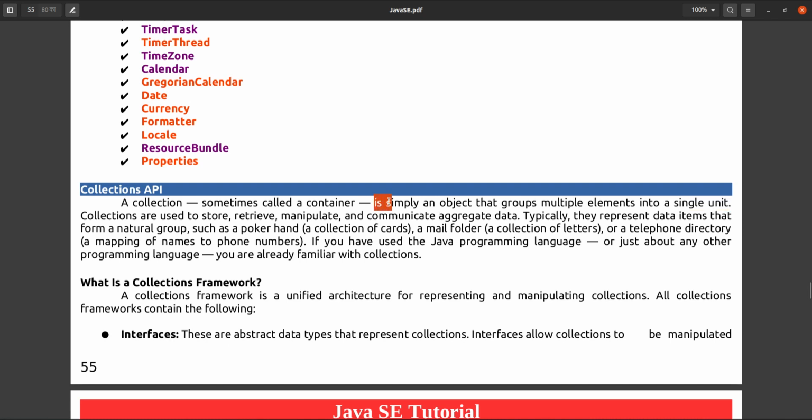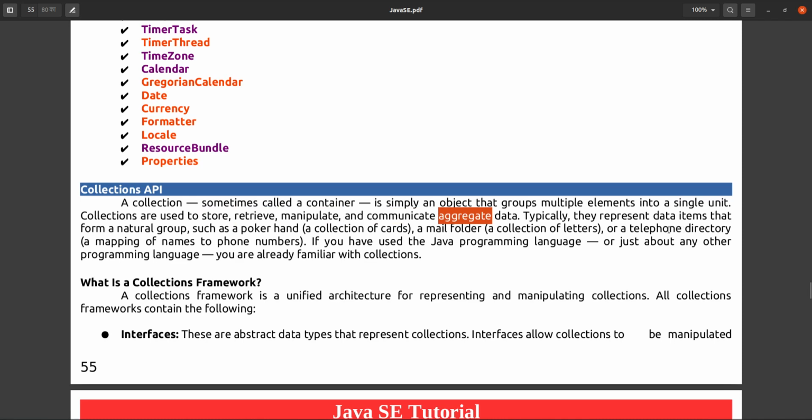It is simply an object. Collection is simply an object that groups multiple elements into a single unit. Collections are used to store, retrieve, manipulate, and communicate aggregate data.